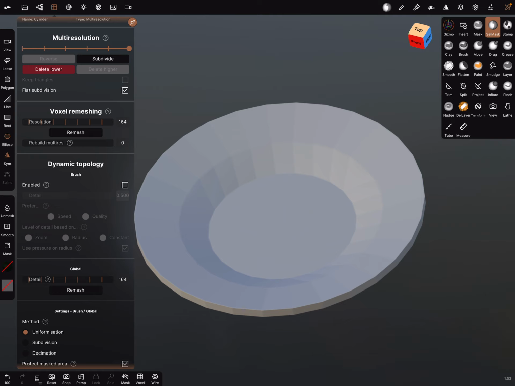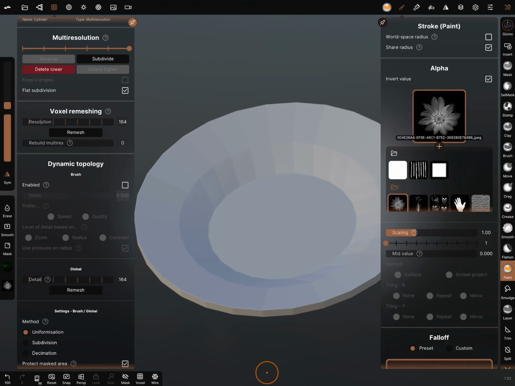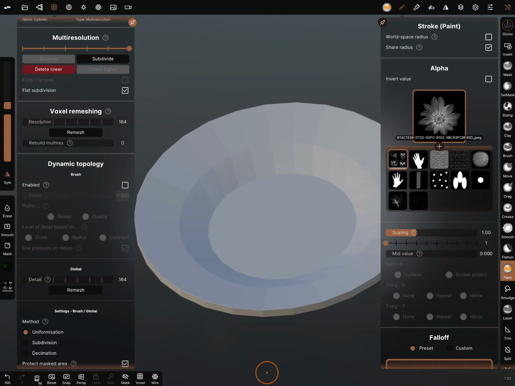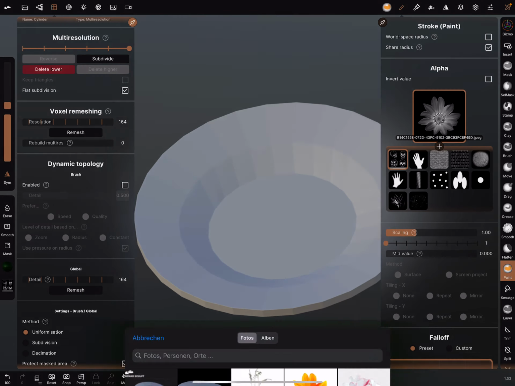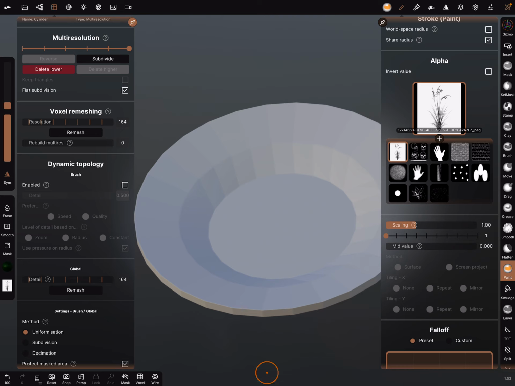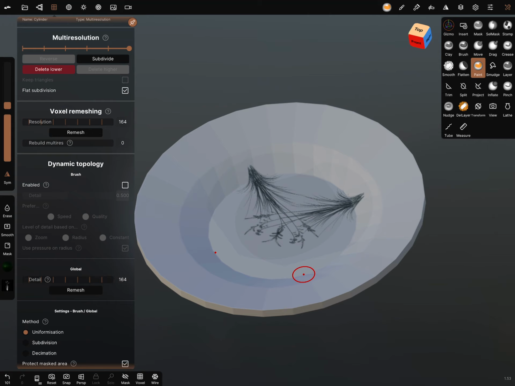In the painting section, we go to the Paint tool, and on the brush settings we can change. I start from the beginning, I delete this one and this one, and I press the plus sign, go to the photos library and bring the grass inside. And now you can invert it, invert value, and now you can bring it here.